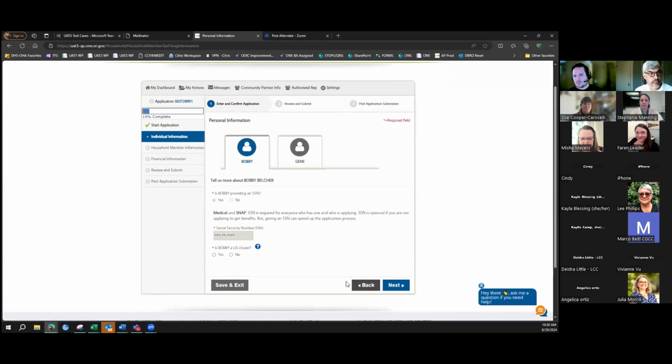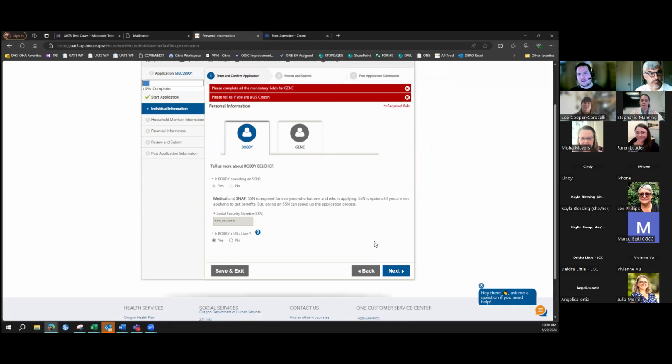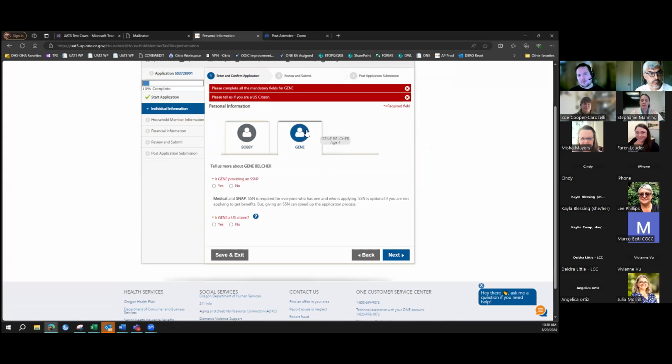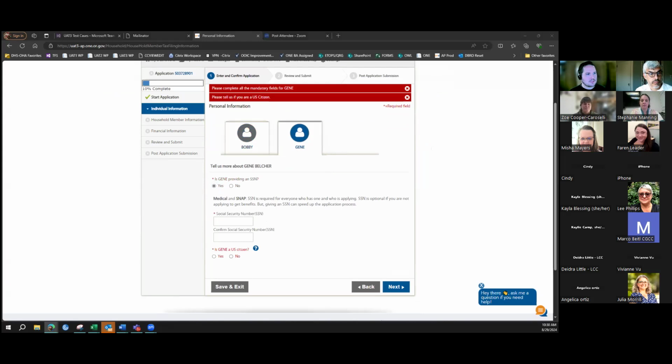And then a common thing we'll start to see in this application process are these tabs for different individuals in the household. So this can cause some hangups for folks sometimes. As you see here, it looks like I've entered everything on this page, but if I was to click next, it's going to give me an error saying, hey, you've got to enter some information for Jean over here. So to get there, you just click on this part of the page. That should bring you over there. And now it's asking for Jean's SSN and a question about if Jean is a US citizen.